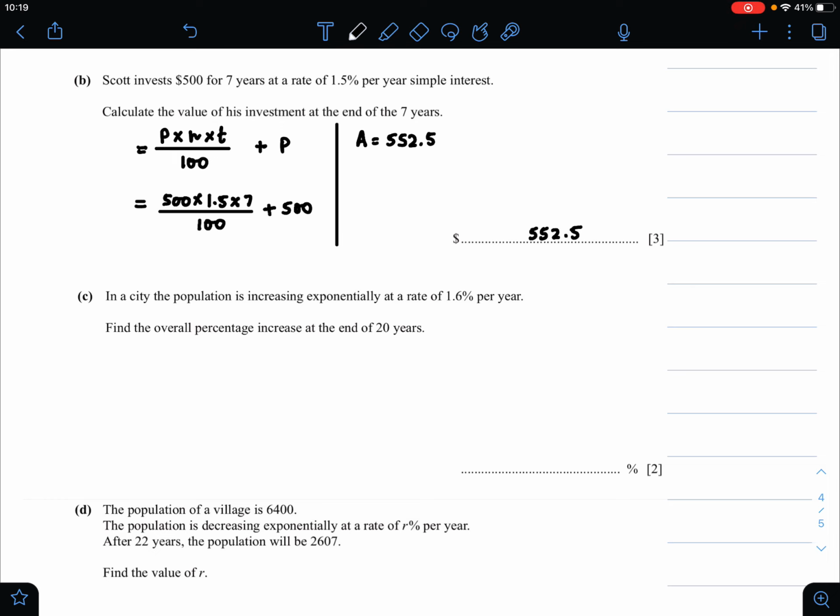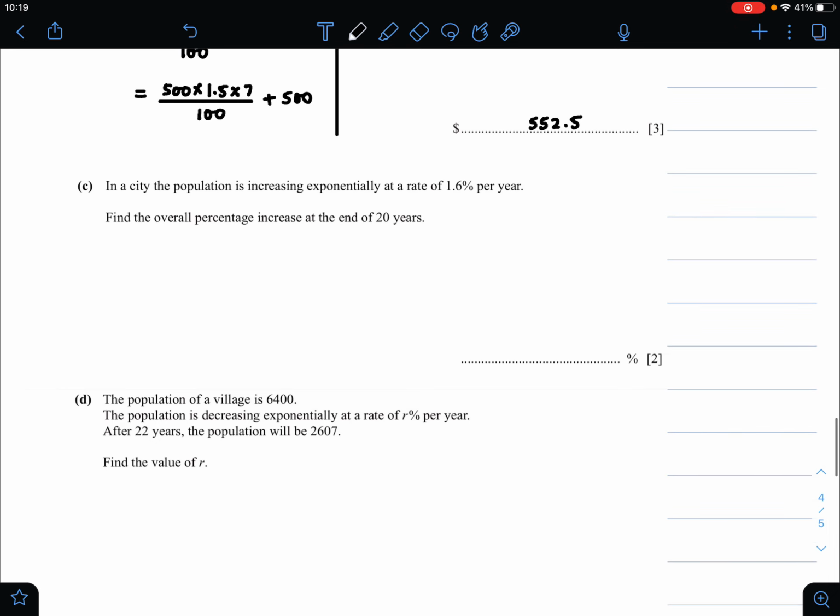Now let's move to part C. For part C, they are telling us that in a city the population is increasing exponentially at the rate of 1.6% per year. So it would be increasing, that means 1 plus the rate, that is 1.6 divided by 100. And they are asking us to find the overall percentage increase at the end of 20 years. So we will raise it to 20,